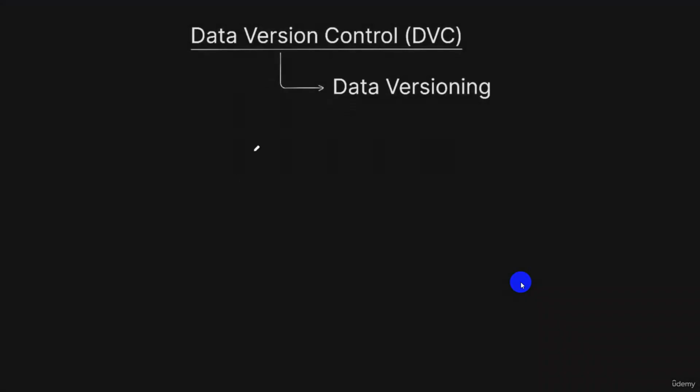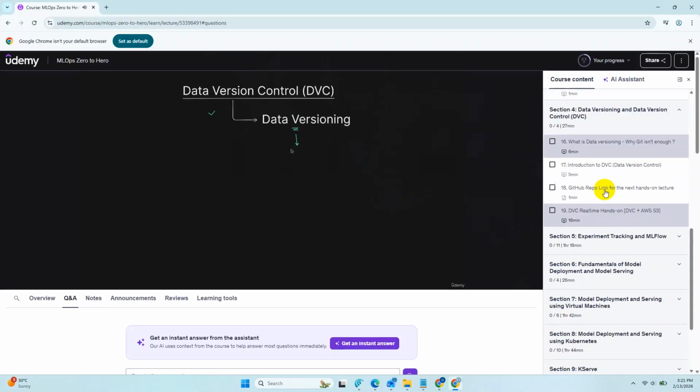In this section, let's focus on data version control and data versioning. This is the very first lecture of this section. So let's understand what is data versioning and why